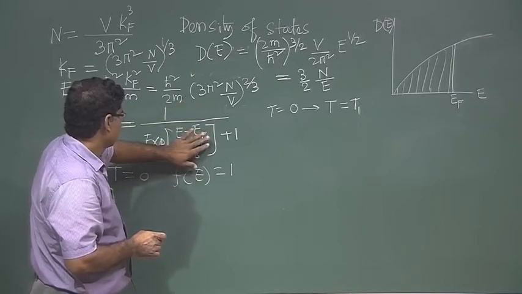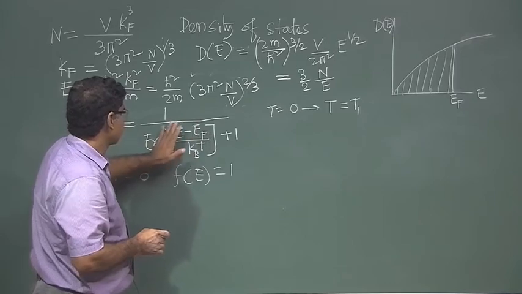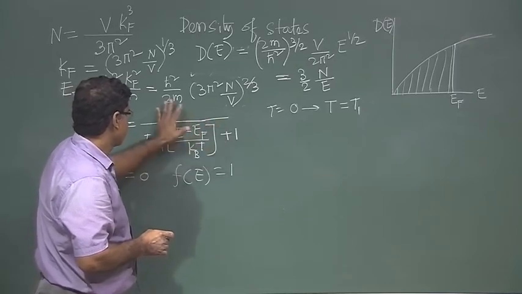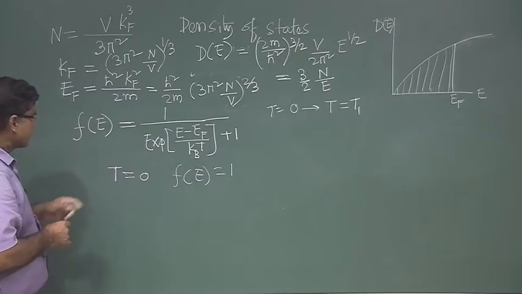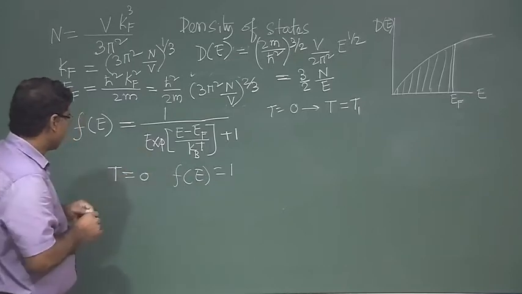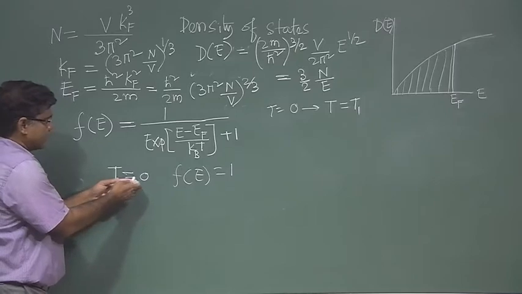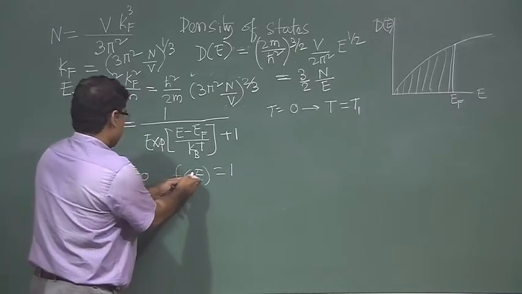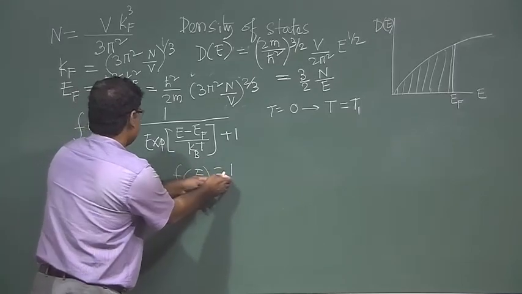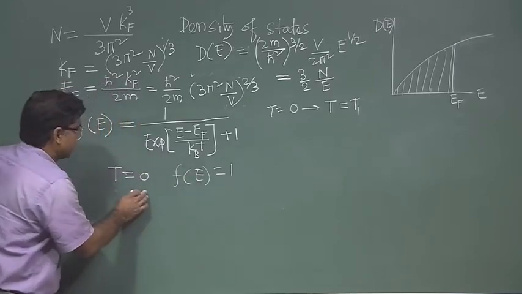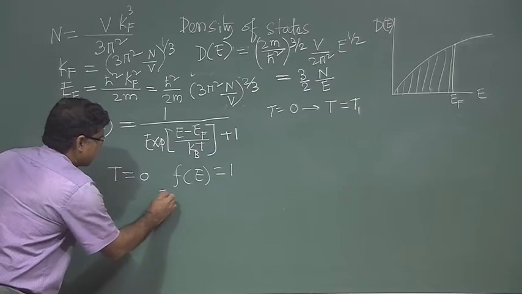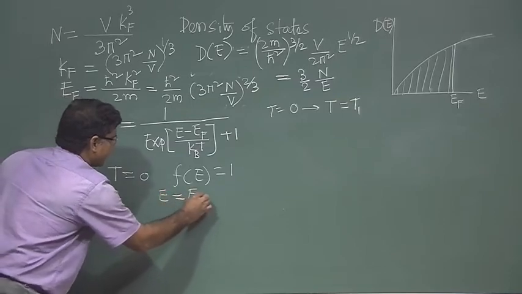This is 0, so the exponential is infinity, so this will be 1, fine. Now, when T is not equal to 0, that will come. So, for T equal to 0, then Fe is 1, fine. And now, if I consider T equal to 0 and E is equal to EF,